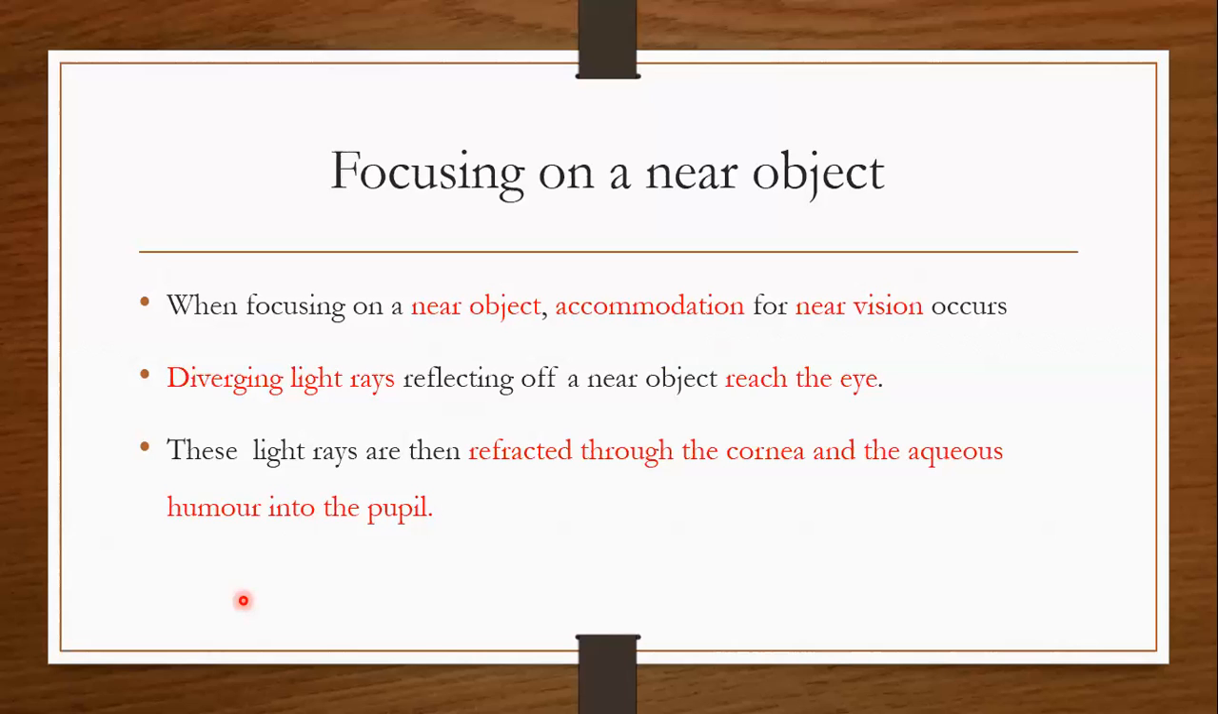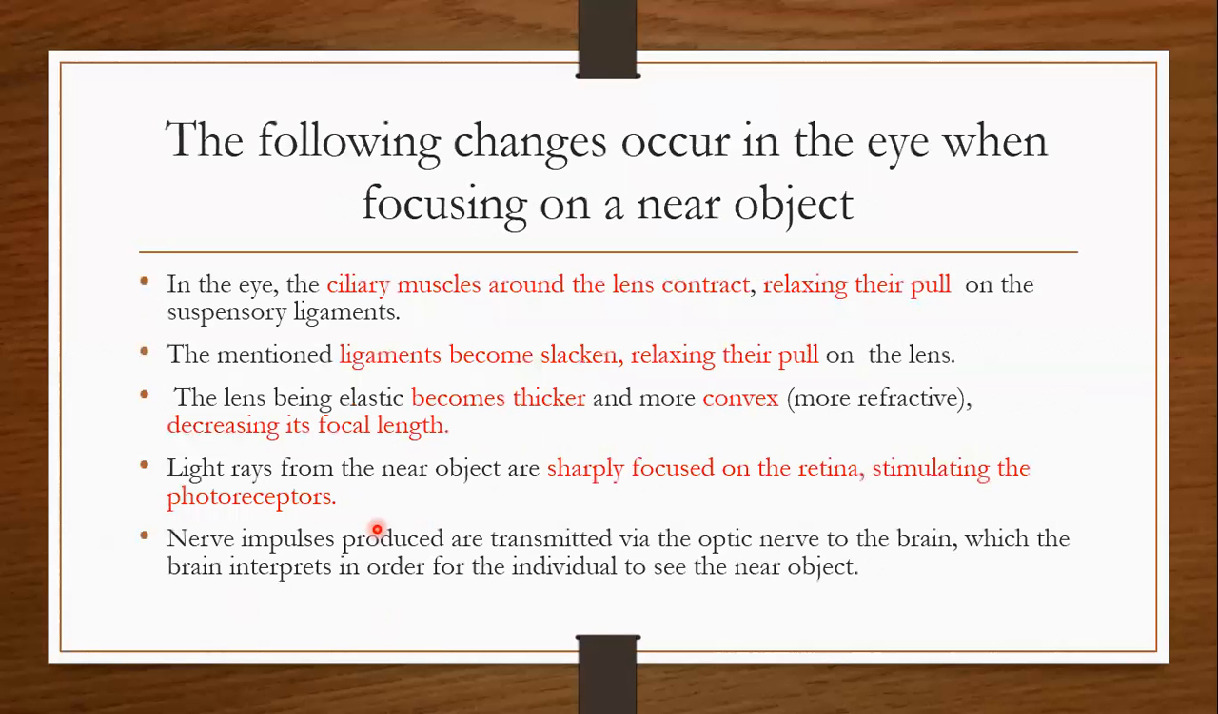Focusing on a near object. So when you have to focus on a near object, accommodation for near vision occurs. In this case, the light rays are diverging. They are not parallel. These diverging light rays reflect off a near object. When they reach the eye, they are refracted through the cornea, through the aqueous humor, enter through the pupil, and these